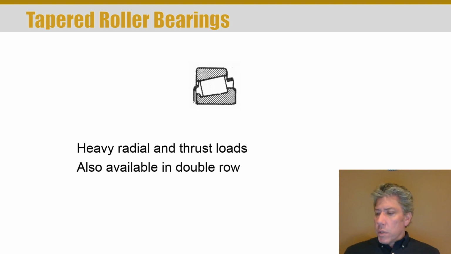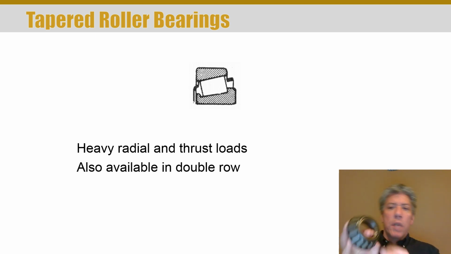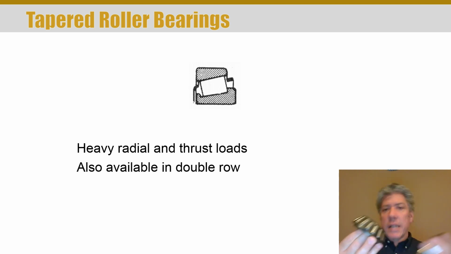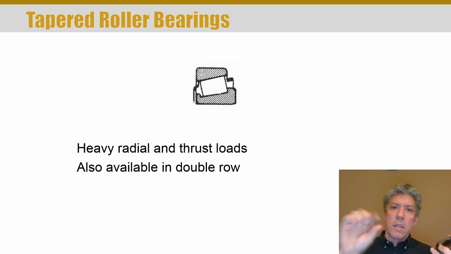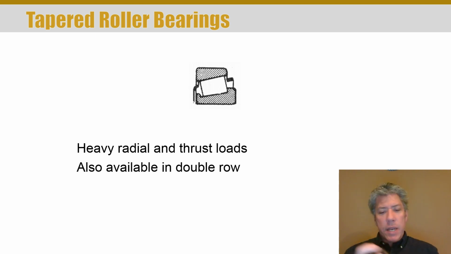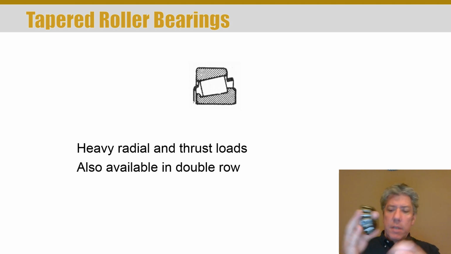There are also tapered roller bearings. If you've ever replaced bearings on the front end of a rear-wheel drive vehicle, you've probably encountered these. And so tapered rollers are kind of like cylindrical rollers. The difference is that they are, as the name implies, tapered. And so it's not just a plain cylinder. It tapers down on one side. And the reason for that, if you think about it, is as this thing rotates,